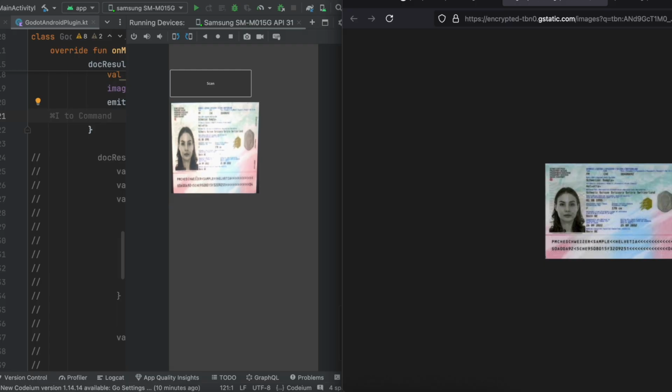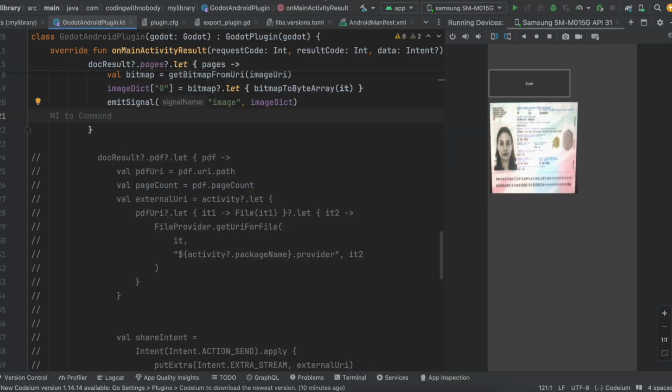So let's see how to do this. There is one more thing which I want to show you later on for PDF as well, but I'll come back to that later. Don't want to confuse you guys. So first,